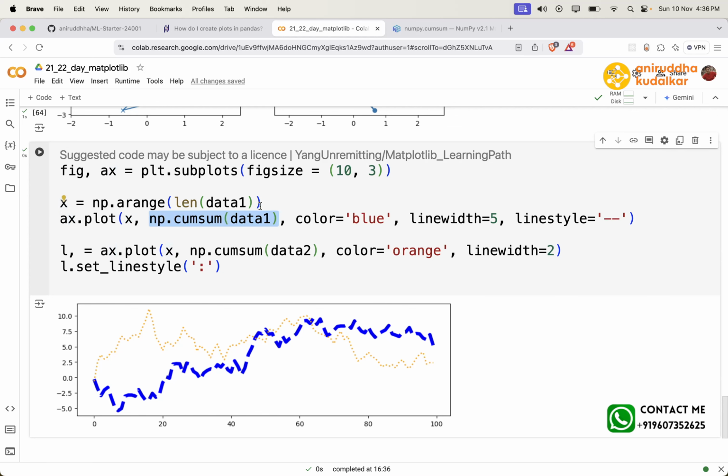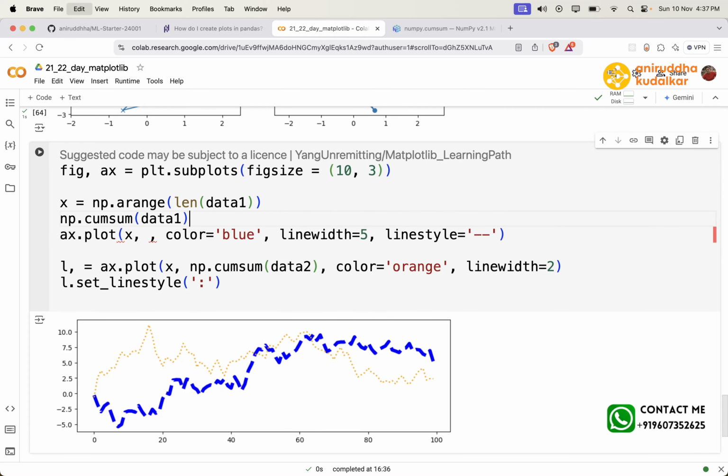So if you want to explicitly write it, you can write it in this way also, X and Y. Here you can write Y. So Y is always a function of X. Right? So that's what we have done over here. X and Y you are printing. Here also you are printing